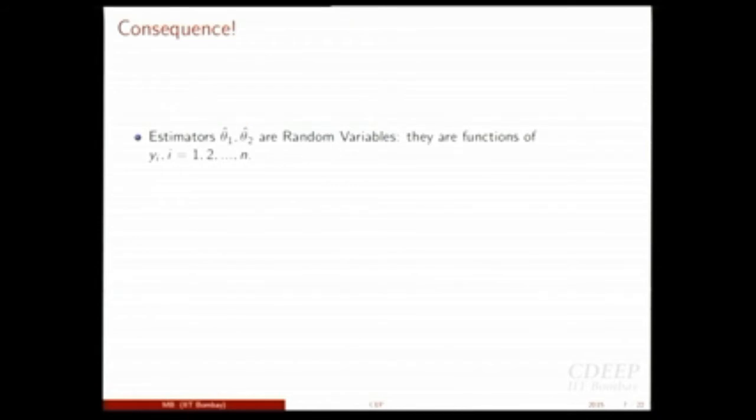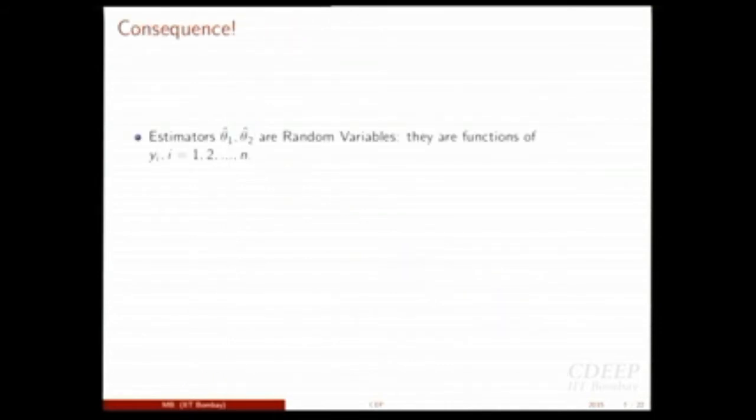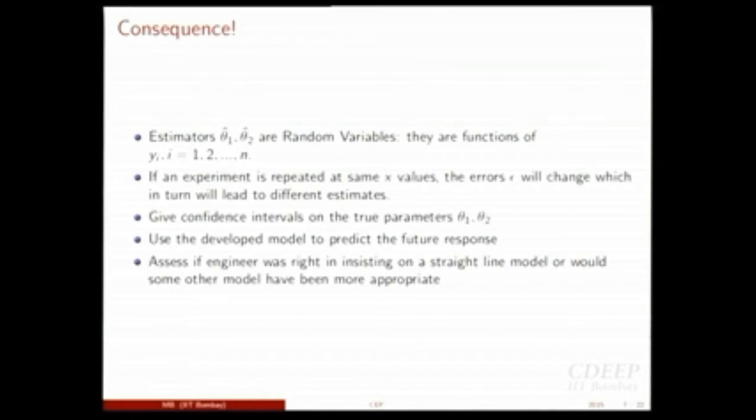Now, because that epsilon, the error term, we had said is a random variable, which means it does not take a fixed value all the time. Every time we do an experiment, it changes. As a consequence of that assumption, whatever estimates you are getting for the given observations, these crosses, these estimates are also random variables, because they are functions of the observations yi's that you have, A transpose A inverse A transpose Y. As that error changes, your observations change, and as a result your estimates will also change.